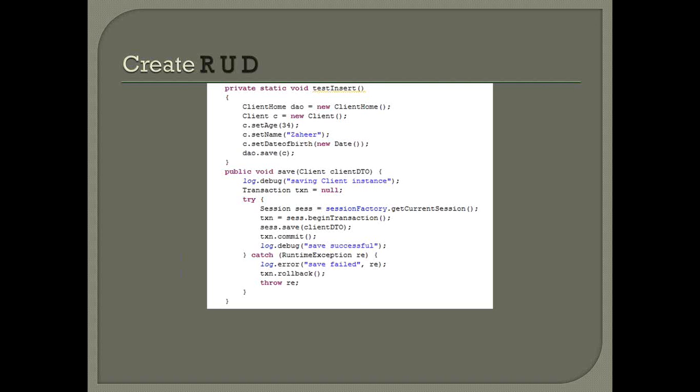So what have we not done here as compared to what we would have done if we were using JDBC? We haven't written an insert statement with question marks and stuff. We haven't written any code which creates a prepared statement. We have not created code which binds the values from the client DTO to the prepared statement, right? So just by writing one line of code, which is session.save, what Hibernate is internally doing,